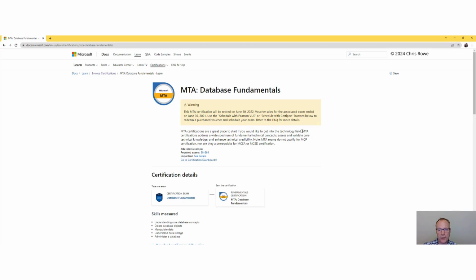Then it tells you a little bit on what it does, and also a little note there saying that they do not qualify you for the MCP, which is the Microsoft Certified Professional, and it isn't classed as a prerequisite for the MCSA, MCSE, or the MCSD, which is a Microsoft Certified Solutions Developer certification.